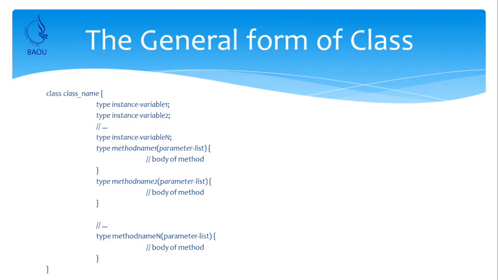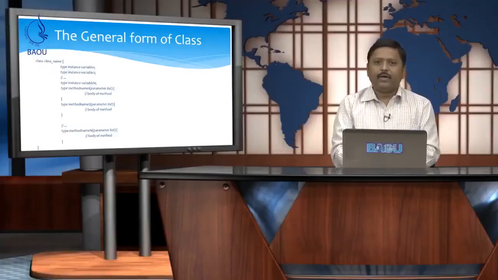Now, we will discuss structure of method shortly, but every method has a name, return type and optional parameter list, and all methods have a body which is represented between curly braces, and in one class we can have n number of methods. So, this is a general form of class, but now we take one example so that you can better understand how to define a class.